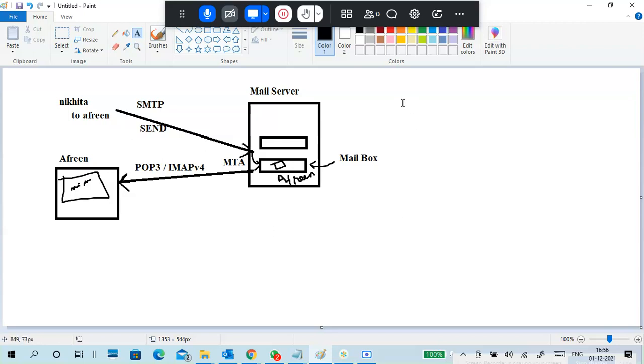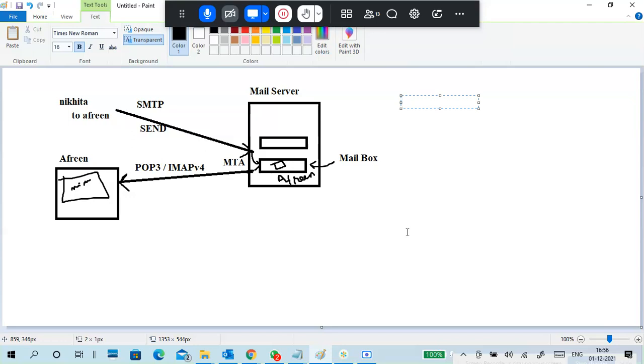Next, I will note down first of all the port numbers of SMTP and POP3. While you are communicating through a network or the internet, you can't communicate with a name like SMTP.